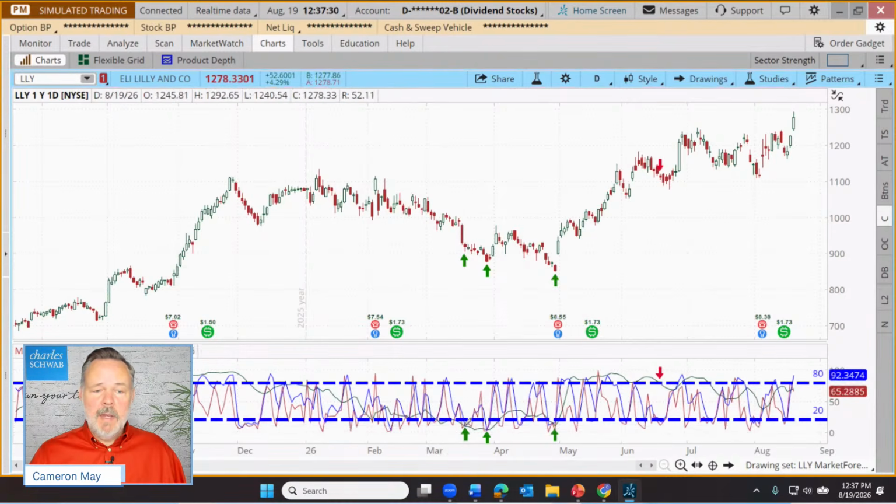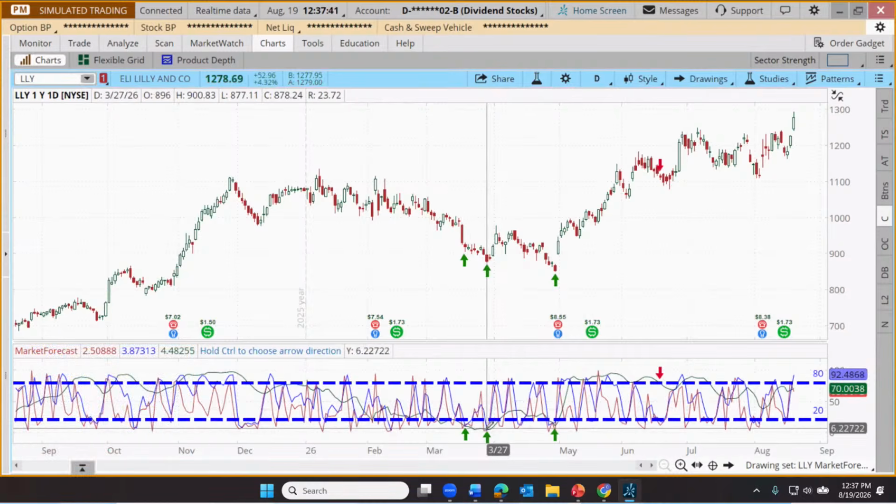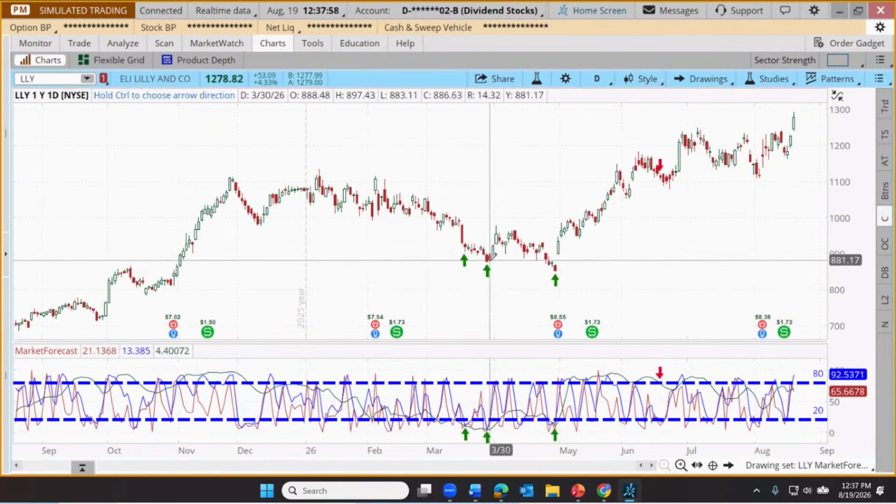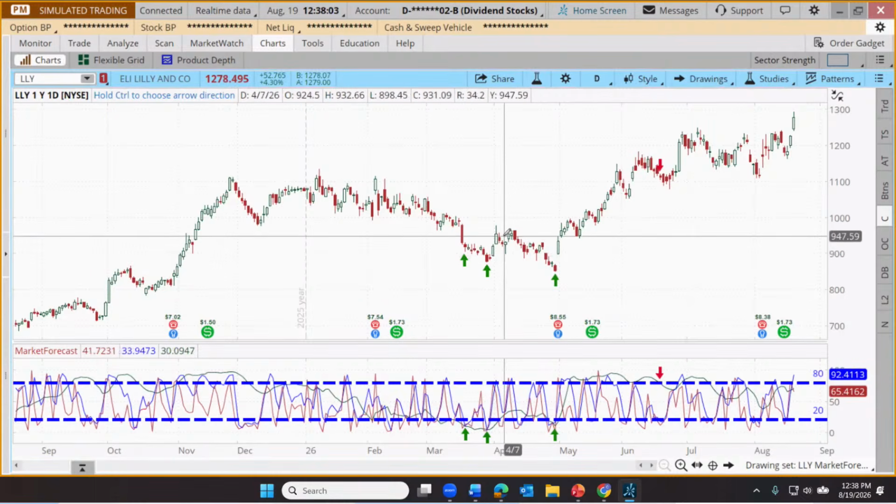So if I point at this green arrow, you can see if we look up here, these are the numerical values for our three lines, red, blue, and green. And if I point at one of these, you'll notice red, 2.5, pardon me, blue, 3.8, green, 4.4. All of those values are below 20. All of our oscillators are reaching extreme lows at the same time. And for some technical traders, what that might imply is that if we're all bottoming out at the same time, maybe there's nowhere to go but up.